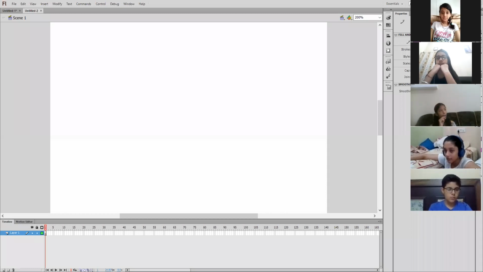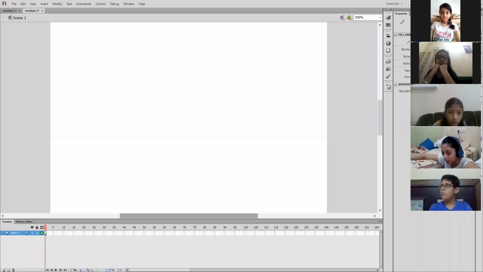The style is how you want to draw the freehand drawing. So let's see. I am selecting the solid style. I have increased the stroke size to, let's say, 5. Clear? You can increase or decrease according to your own choice.